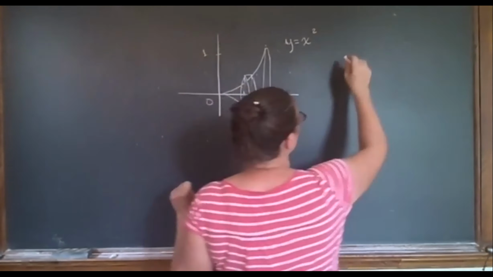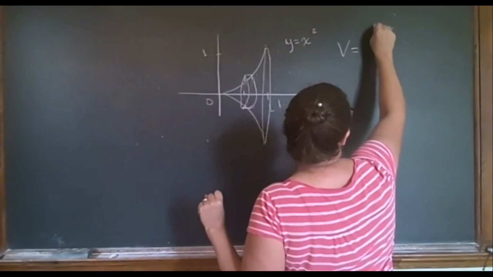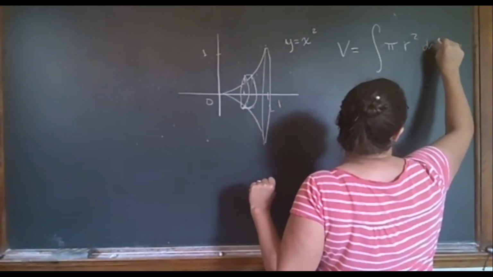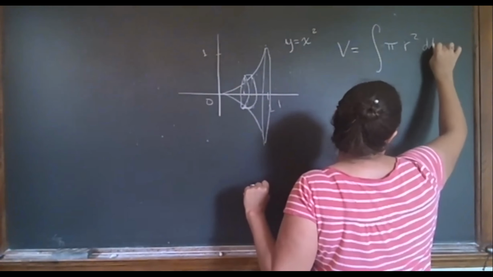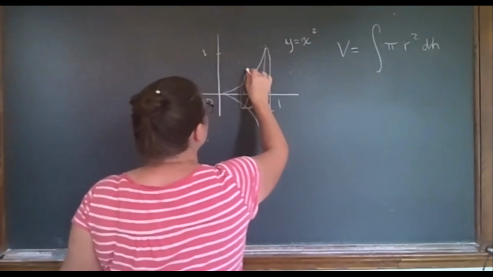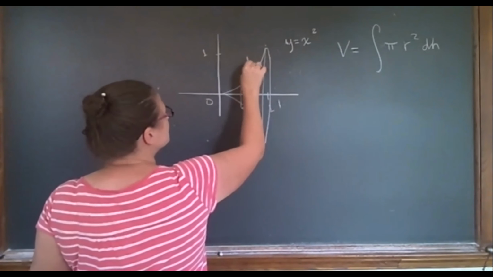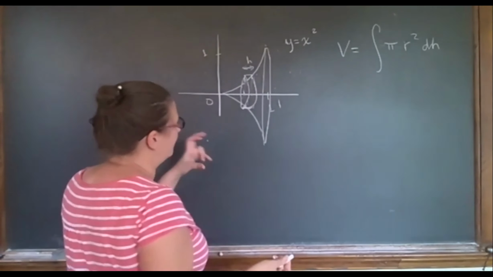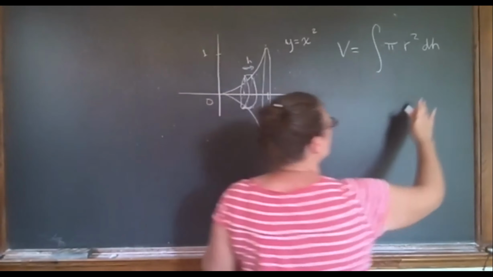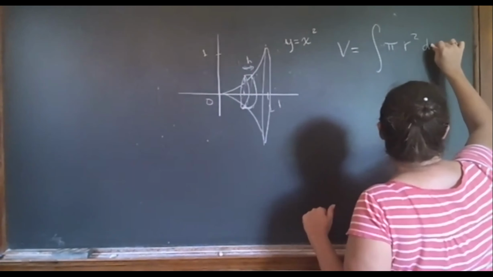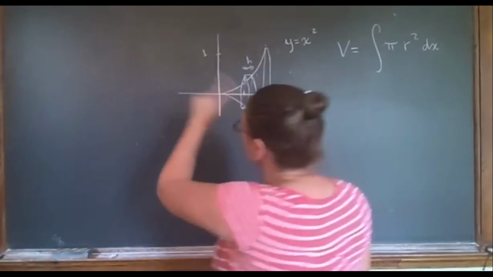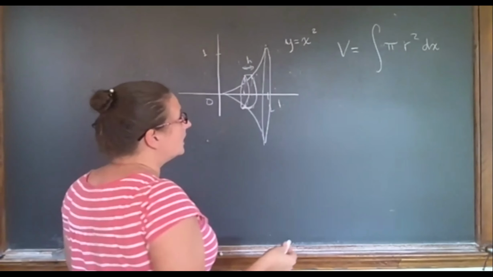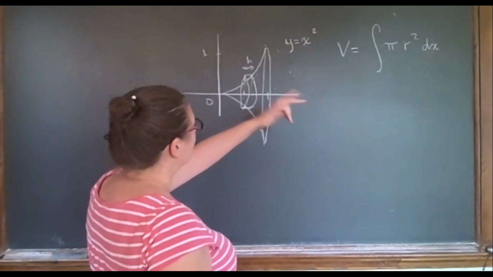So remember, the volume is the integral of pi r squared d, and really this should be dh, right? Being the height. So this is like the height of the little thin disc, but it might be easier if we just think about it as either dx or dy, depending, because we can do around dy as well, all right? And I'll do one of those in a minute. But if we're going around this way,